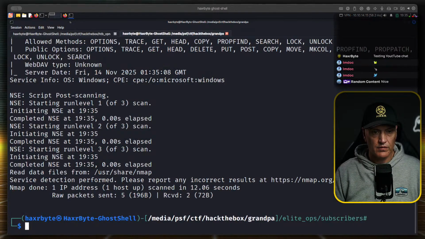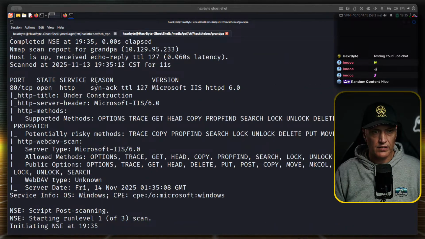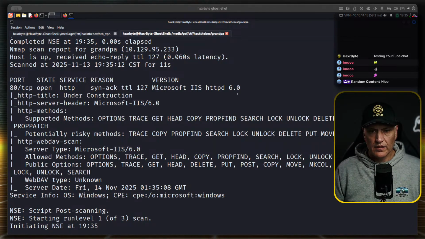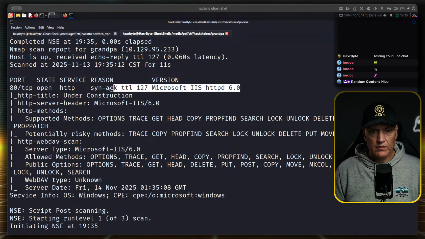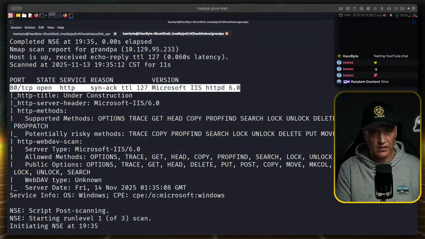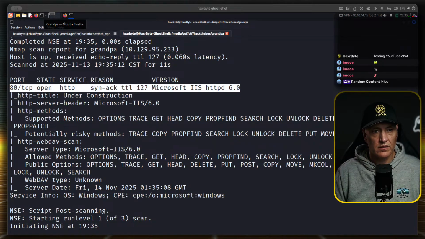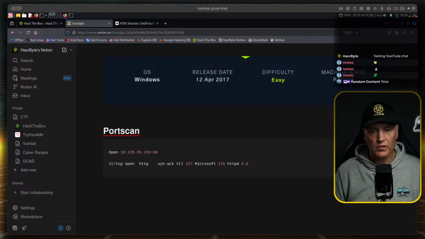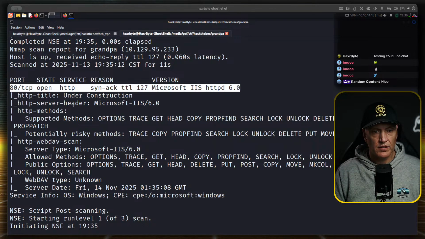There we go. Okay, it's done the port scan. So there's only one port open, and it's running Microsoft IIS, and that is, it's a Windows box, right? Yes, Windows box. It's got one port open, 80, which is HTTP. So that's typically your web server. Let's see what else.